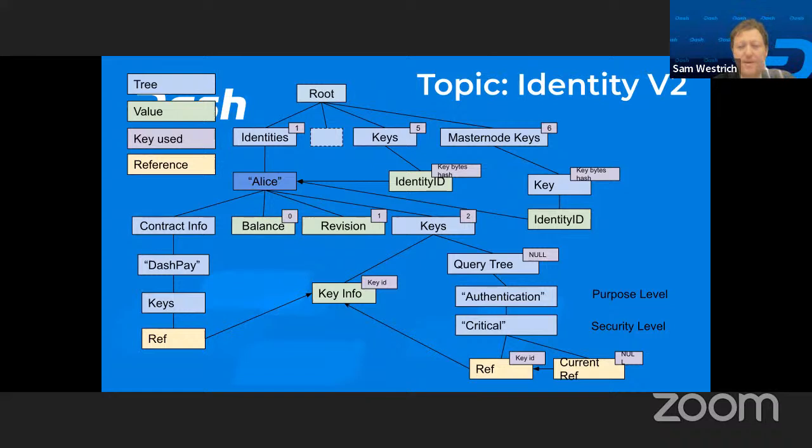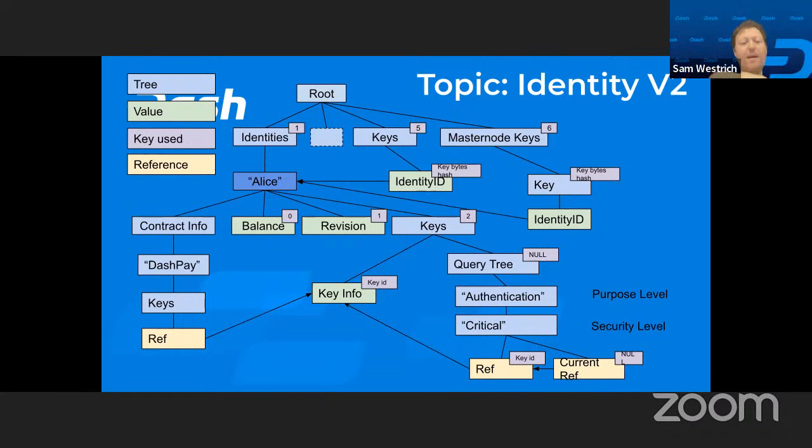So a solution would be to introduce a more structured approach with identity v2, leveraging GroveDB. I'm not going to go too much in detail on how the system works here. This is kind of the tree structure, and basically we can decompose it in such a way that you could do specialized queries to the system where you would only get the keys that you're interested in.